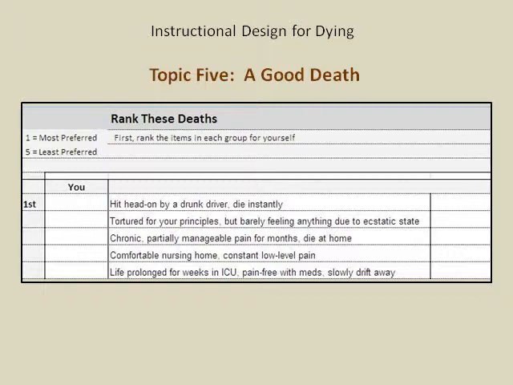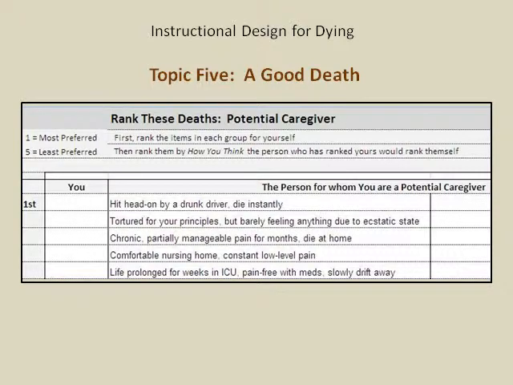So one goal is just to bring those preferences a bit more out in the open as you work through the rest of the good death topic. But there's also another dimension built right into the ranking form. In addition to your own preferences, you can, if you choose, ask someone else, someone closely involved in your life and potentially your death, to rank the items for themselves and then to attempt ranking them the way you might